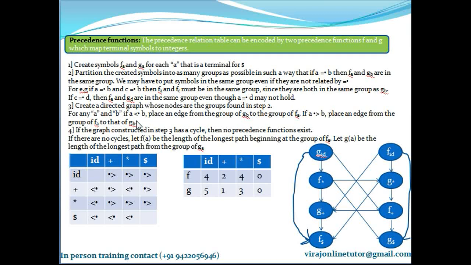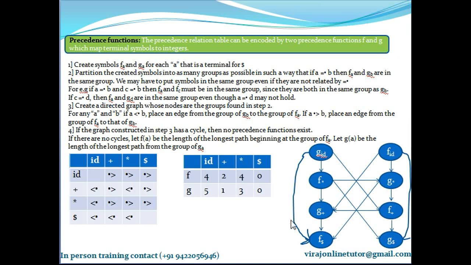First tip was always you consider f is on left, g is on right. Second tip, always draw arc from greater than to less than. So for this relation, you will draw arc from g of B to f of A. For this, you will draw an arc from f of A to g of B.